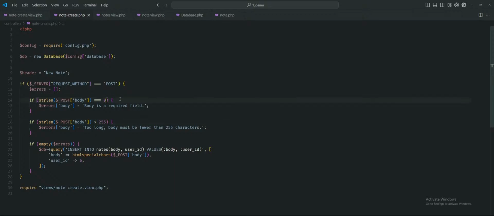You know what, there's a simpler way to do this. If not, this just means the same thing, but to be more explicit, I'll keep it like this. Okay, then we add the errors onto the errors array. We add body is required. Then if the body is more than 255 characters, then we add to the errors array that this is too long and it should be fewer than 255 characters. But if there are no errors, meaning if the errors array is empty, then we post it into the database